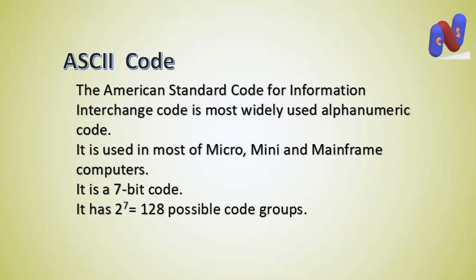It is a 7-bit code, means in this particular character set all the characters can be represented with 7 binary bits, means with a combination of 0 and 1. Whenever we press any key on the keyboard, our computer changes that character according to the ASCII code into the binary code. For example, the ASCII code for capital A is equal to 65.